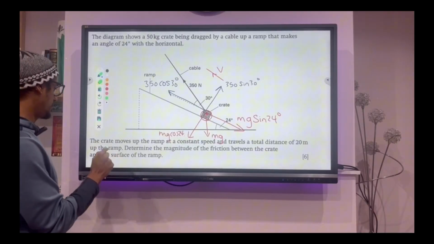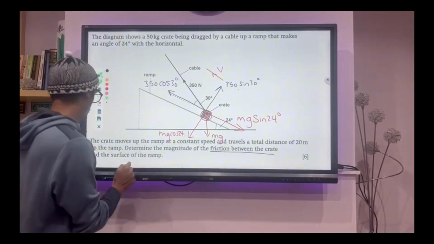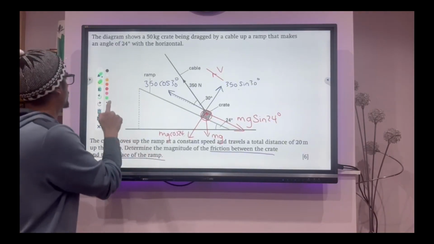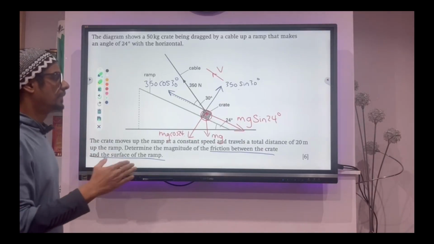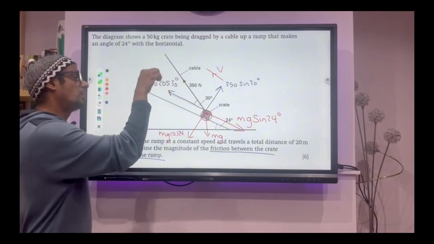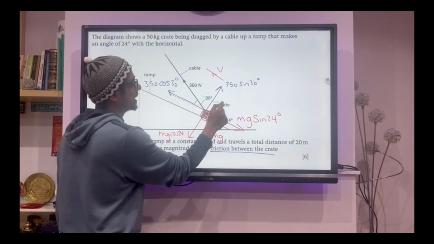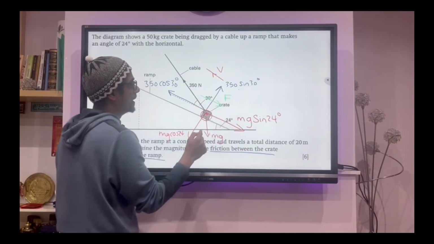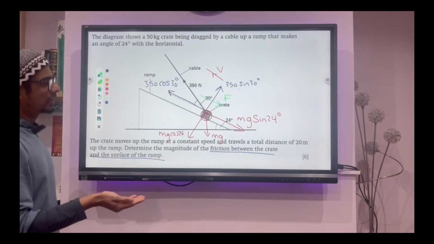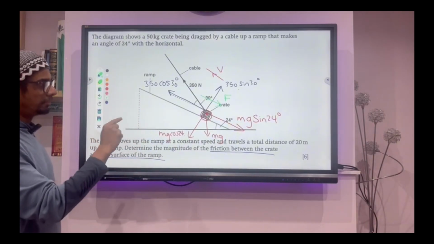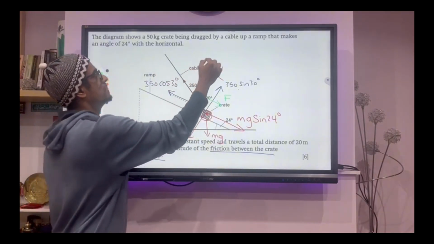However, in the text, you're told to determine the friction between the crane and the surface of the ramp. And we're going to use a different color for that. So we could use green. The object is going up. Friction always acts in the opposite direction. So friction, I'm going to put it, acts in this direction. I'm going to label that as force F. And like we said earlier, because it's moving at constant speed, that means that the forces are balanced. So the force going down should be equal to the force going up, which means